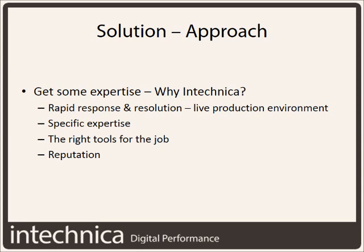So I think that for me really was in a moment of both desperation but also great need. We felt really comfortable with the beginning of the engagement we had with Intechnica, and it also led to a very rapid sort of resolution, which Ian will talk to you about just in a second. So I think from my point of view, what this highlighted was that even though we have at the time 10, 12 years experience of operating very large multi-tenanted, scaled out cloud-based applications,